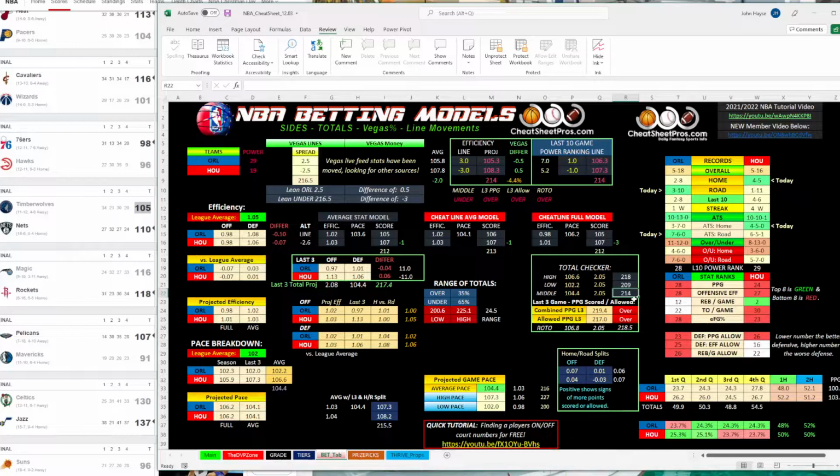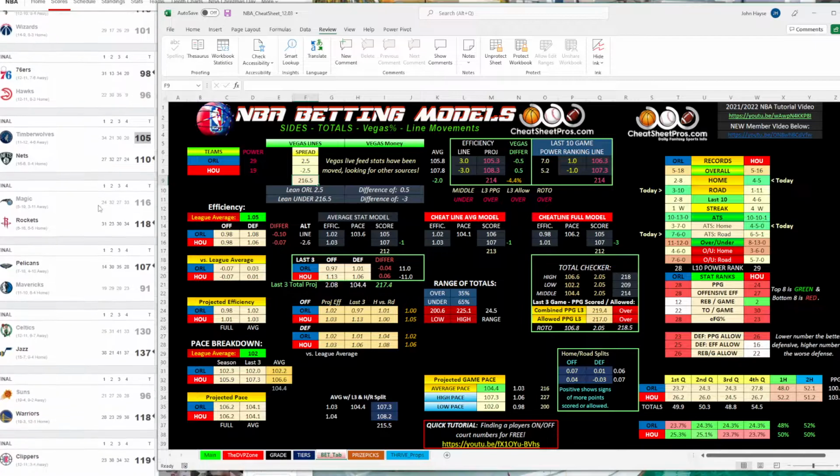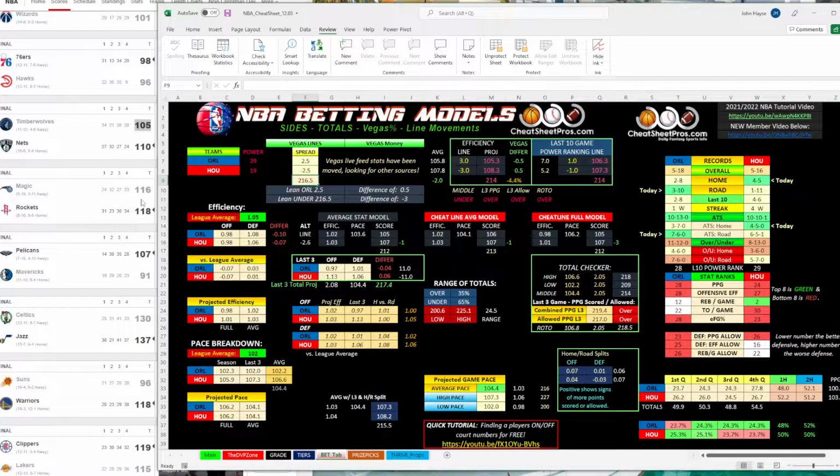So our middle ground is under. We have a range of 209 to 218. But combined last 3 is over their current total. Allowed is just over. And then this roto pace is over as well. So that gives us 3 overs, which you can see here. And so over 216.5, and then this game was 116 to 118, so it scored 234, so it went well